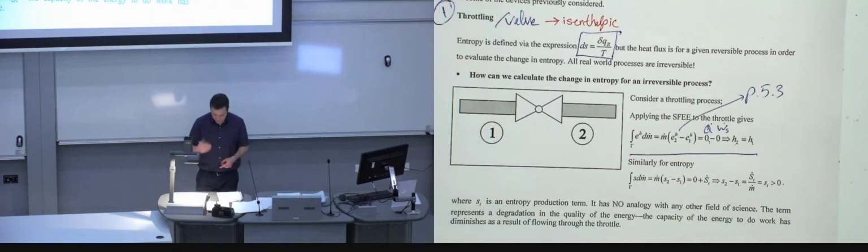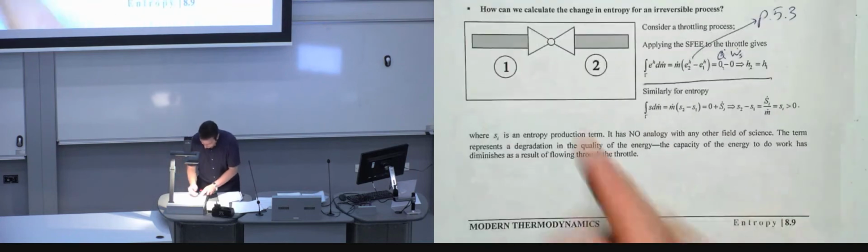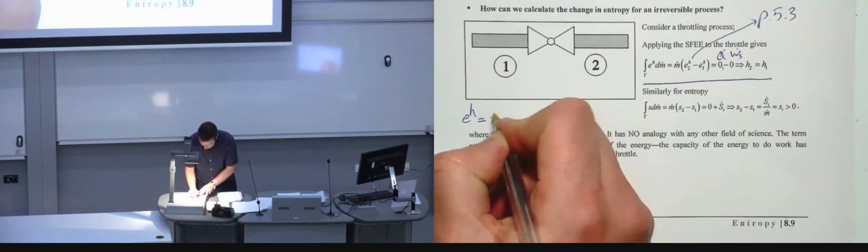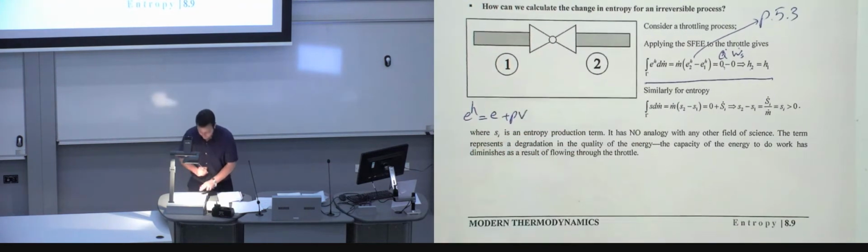If you want to revise for yourself, just to remind you, E^H is the energy essentially, but the superscript H comes as a result of enthalpy, and E plus PV, that's what E^H really is. And if you want to relate that to enthalpy itself,